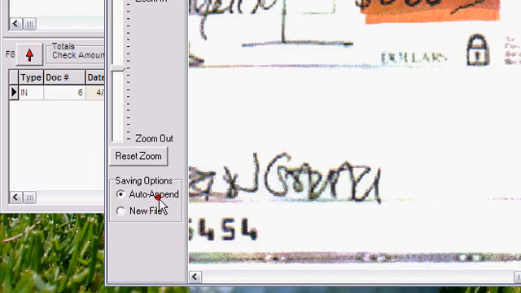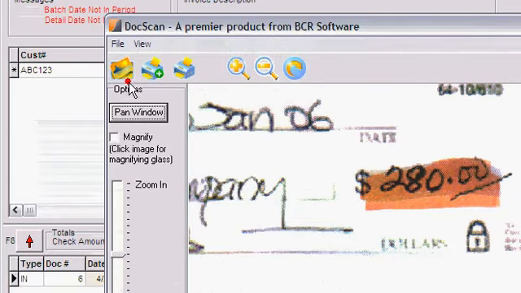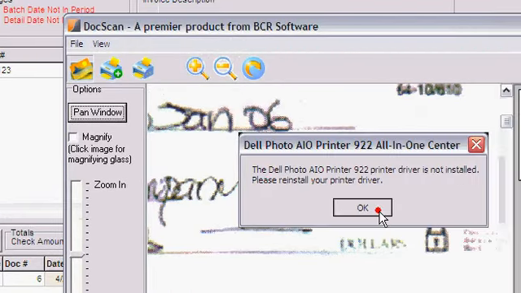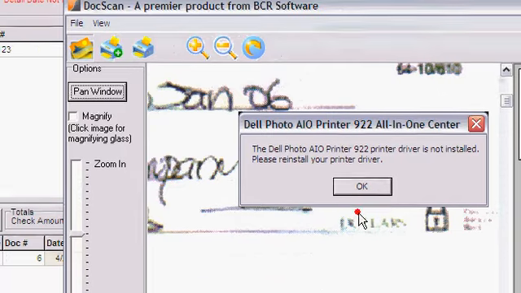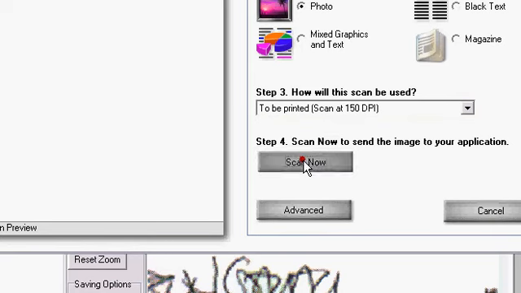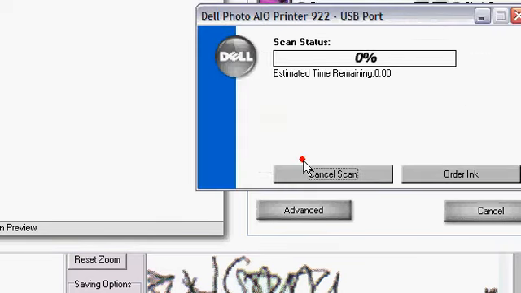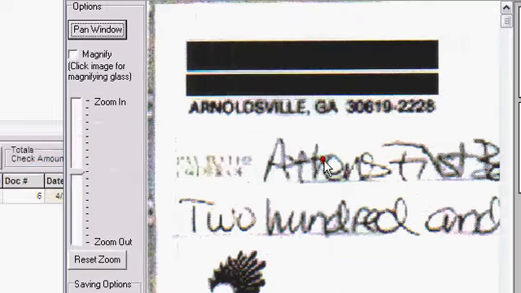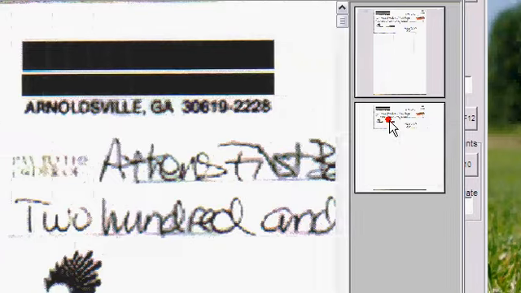So let's go ahead, and I want to scan this check again, and I want to leave it on the auto append option so that we can see what happens. And so I'm just going to go up to scan document, and we're going to scan it in one more time. Click scan now. Okay, now as you can see, we have two images here,